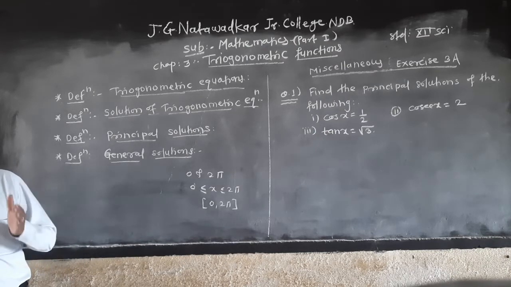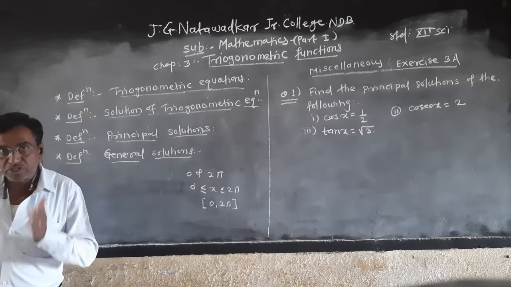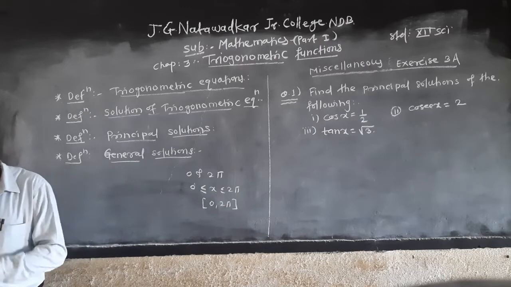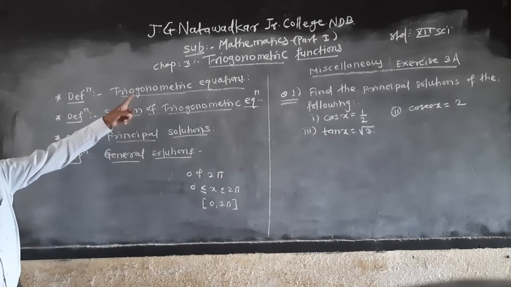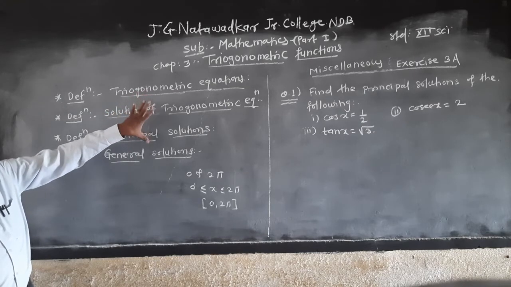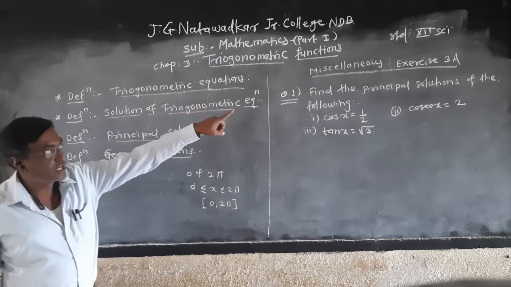For example, pi by 4, 5 pi by 4, 9 pi by 4, 13 pi by 4, like this. And so these are the units which are necessary for this chapter first. And after this, we start the first exercise, that is the miscellaneous exercise